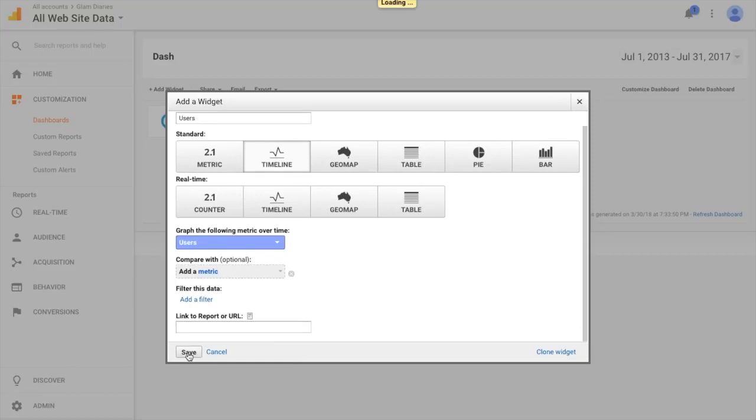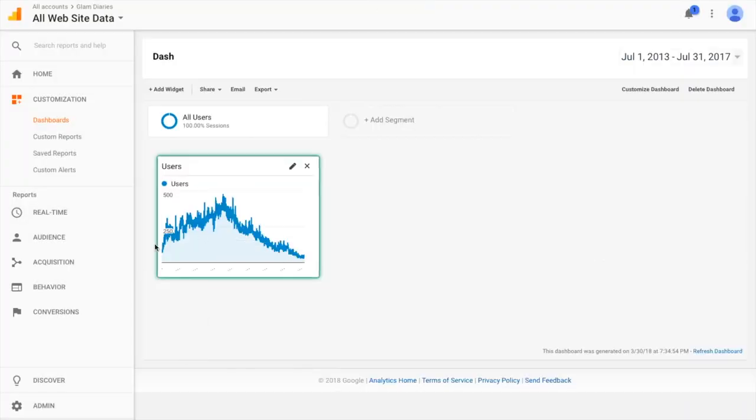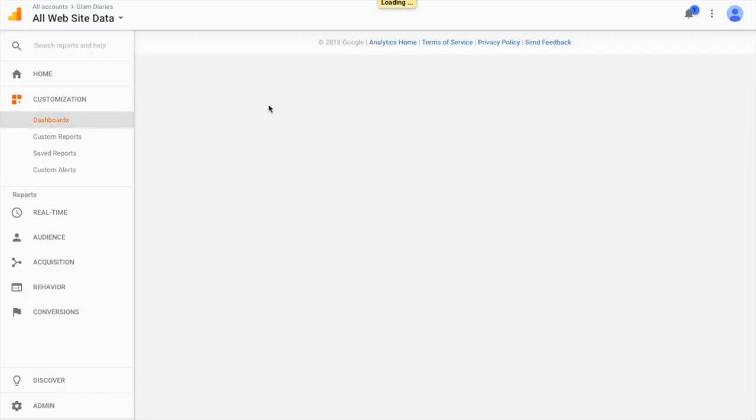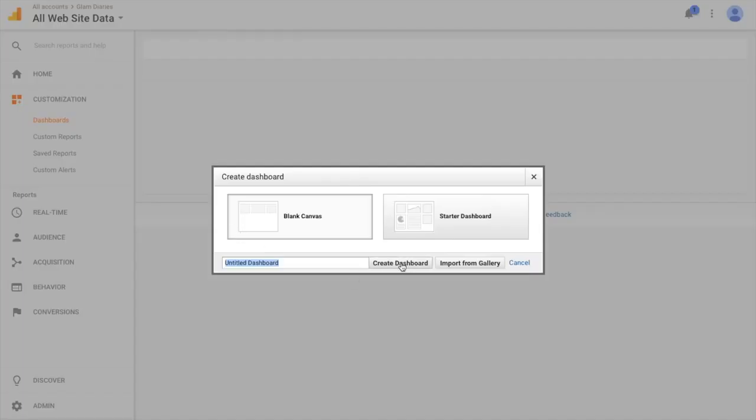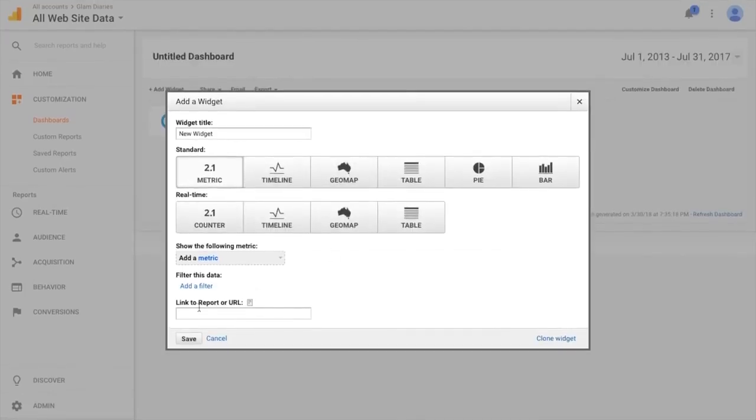So once I add that, it's going to give me my users. It's going to give me a timeline of my users. And of course, this is all going to be based on the date range chosen above. Yeah, and similarly, you can set up your dashboards for anything. You can set up multiple widgets and you can end up creating a dashboard that'll save you a lot of